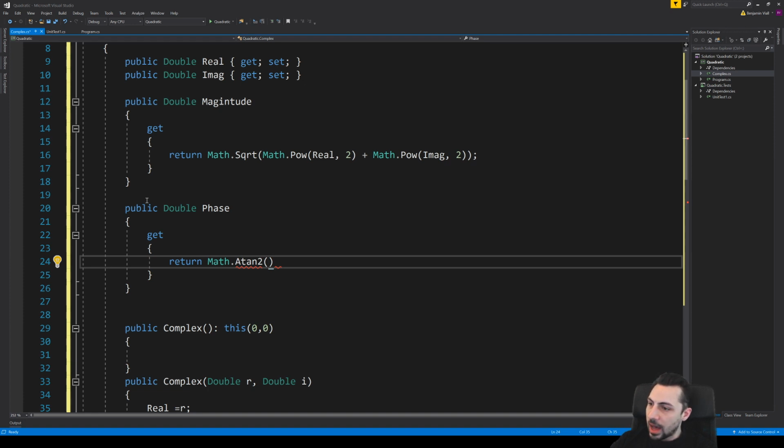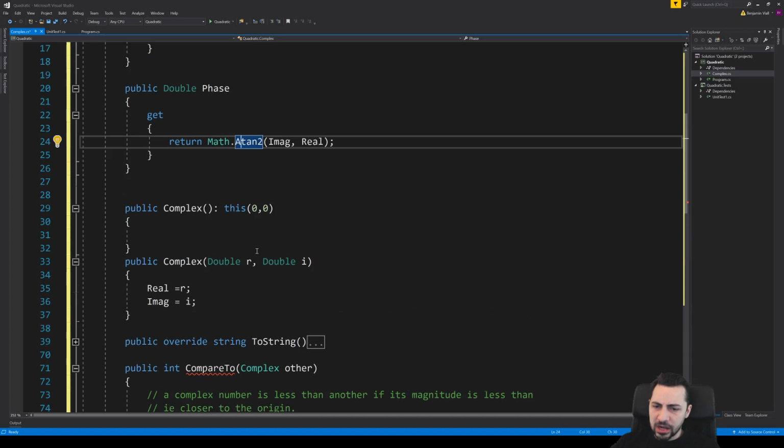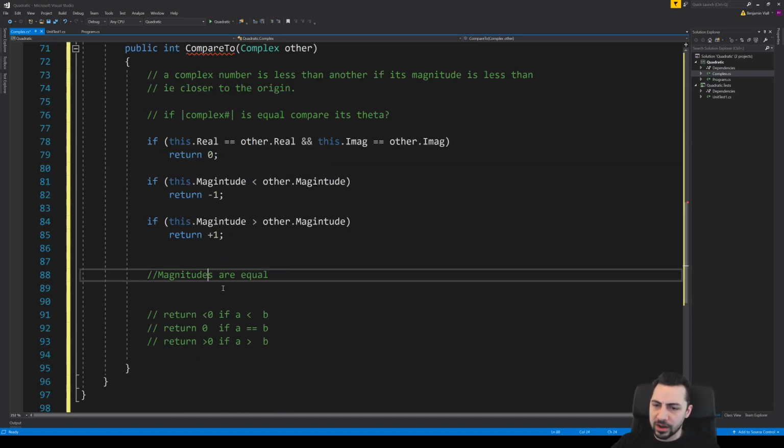So what is the opposite? Imaginary, yep. And the real. So there you go, arctan of imaginary versus real. That's going to give us our phase. Probably in radians, but it doesn't really matter because we're just comparing them.